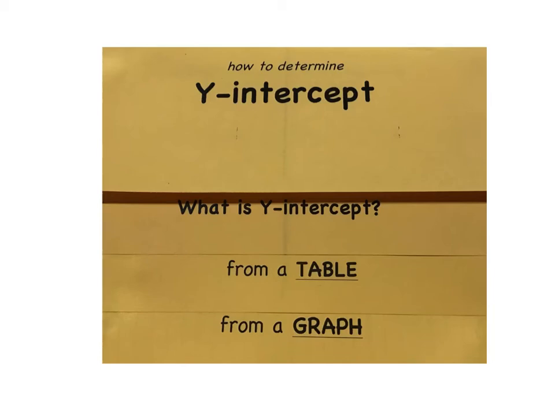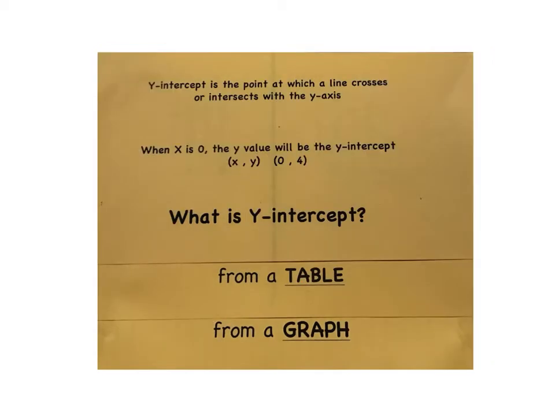This video is going to go over how to find the y-intercept in tables and in graphs. First of all, we need to find out what the y-intercept is. The definition: the y-intercept is the point at which a line crosses or intersects with the y-axis. So I'm going to underline that. It's where it intersects, or it's where it crosses